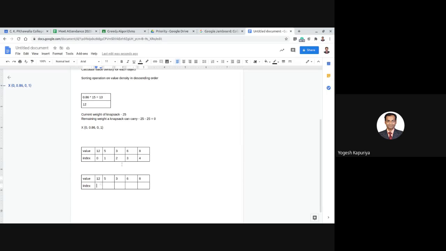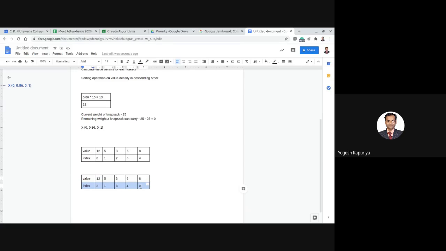What is the index of 3? 2. So this is my first element. Then 5. What is the index of 5? 1. So this is my second element. Then 6. What is the index? 3. Then 8. So what is the index? 4. And 12. What is the index? 0. So what we have done, my value will stay as it is, but my index is sorted.